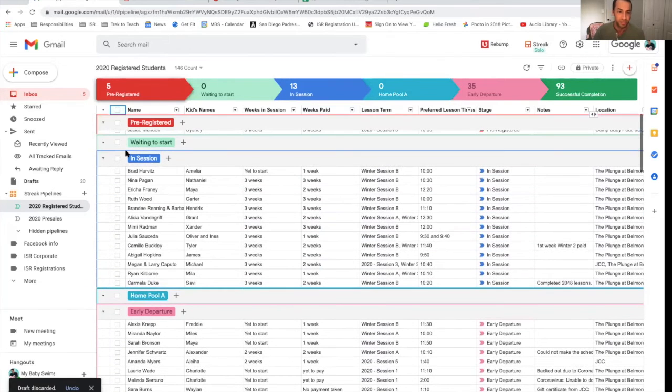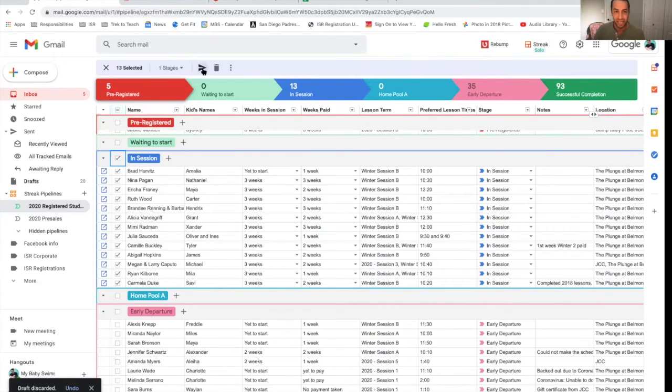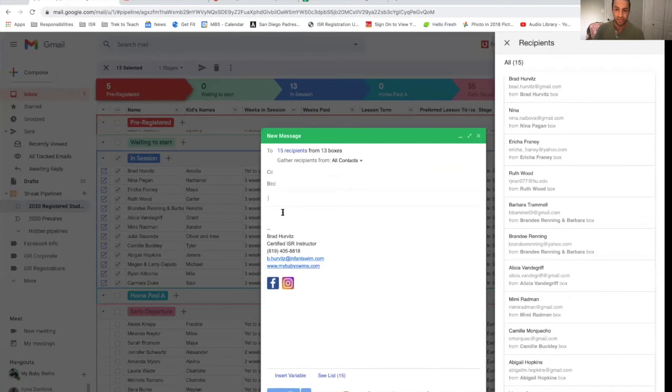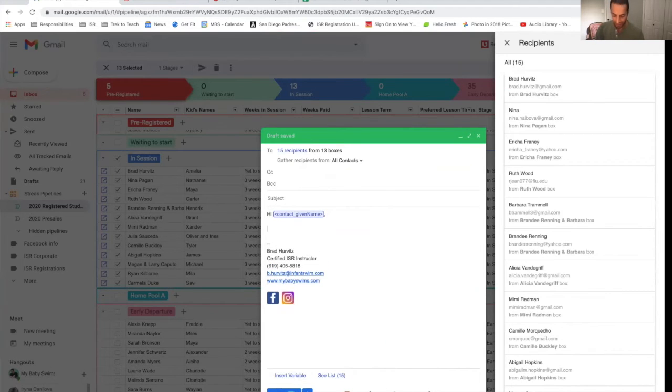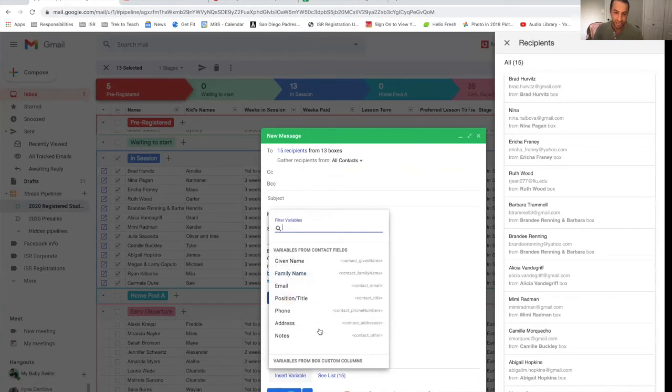So what I'll do is go to the people in session. Let's say my wife had COVID, God forbid, or was exposed to it. What I've been doing is canceling the next day until she gets a negative test. So I'd email all these parents and say, hi, and then insert a variable, give a name. And then, sorry, no lessons tomorrow. Can't wait to see kid's name